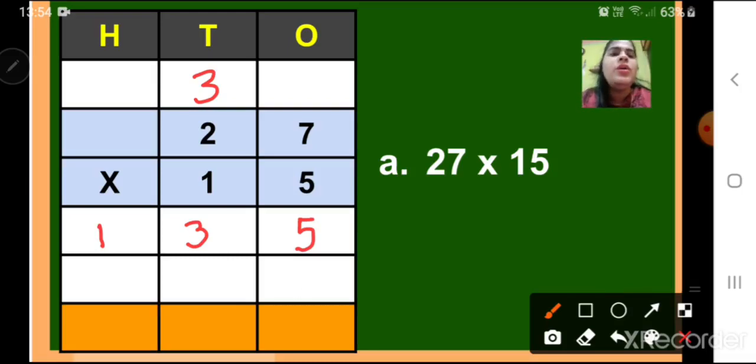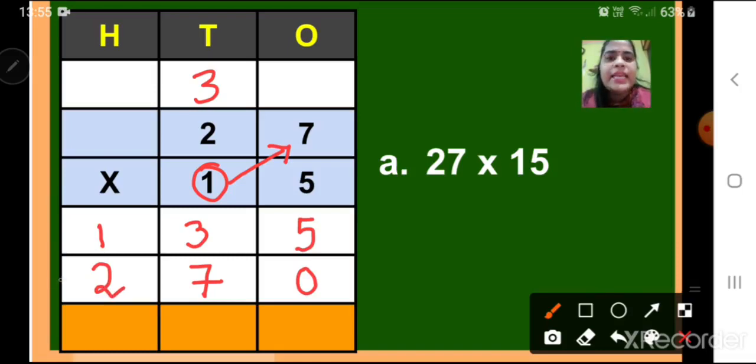Then now we have to put here 1 0 because we are going to start multiplying the number which is in the tens place. Okay, number 1. We first multiply number 1 with number 7, which is in the ones place. 1 seven is 7. So write down your next number 7. Then 1 two is 2.